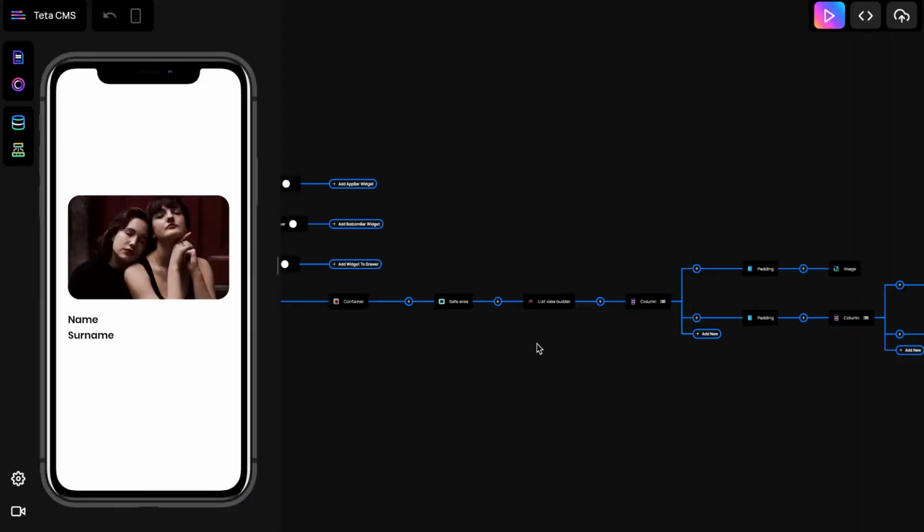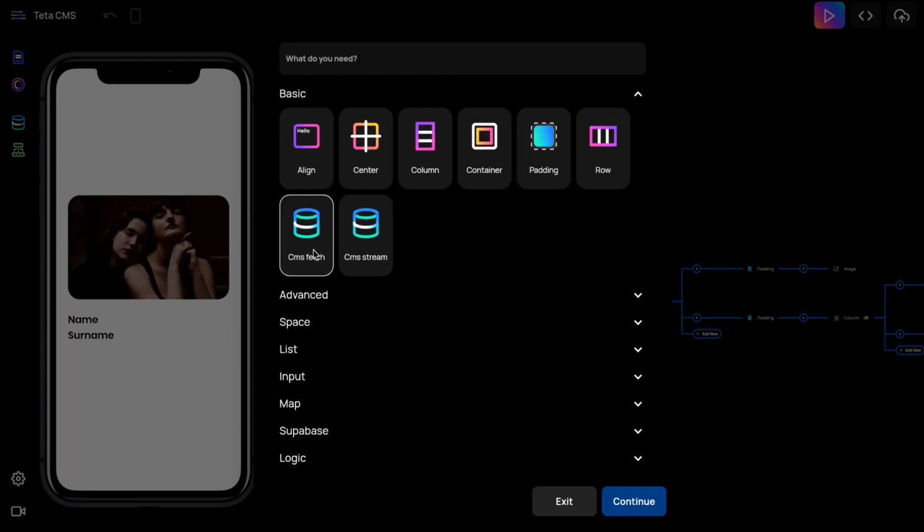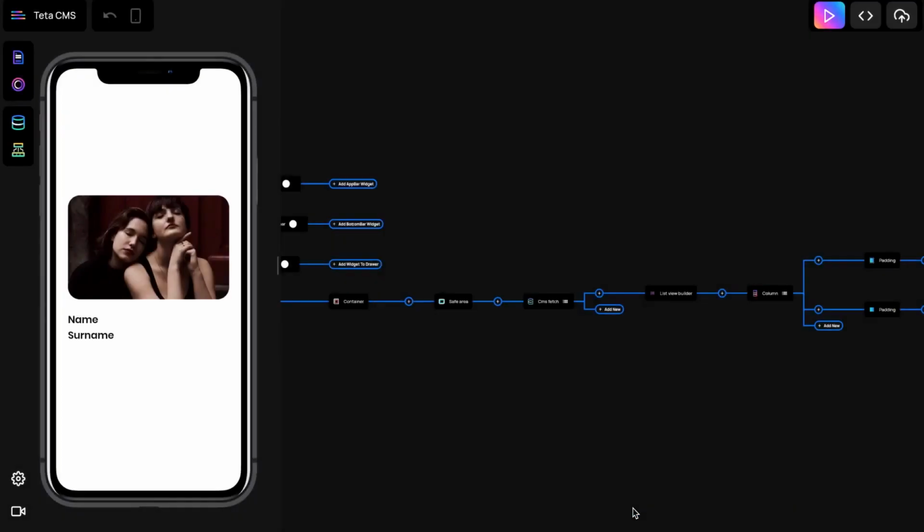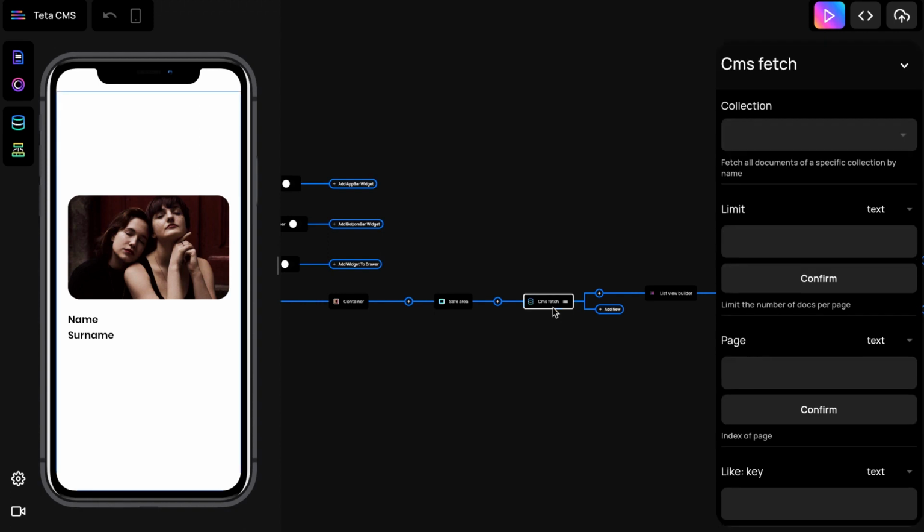Once it has been created, let's add the CMS widget fetch. Let's now choose our new collection from the drop-down menu and pick the limit of attributes to take and